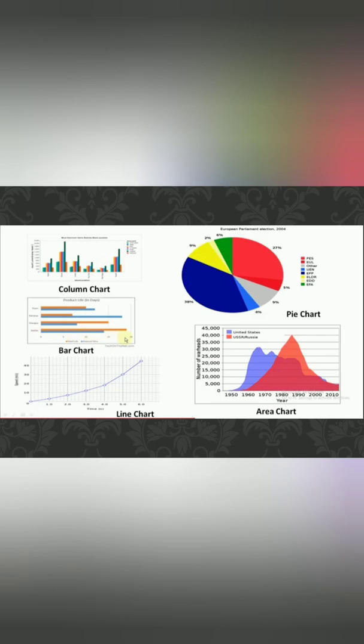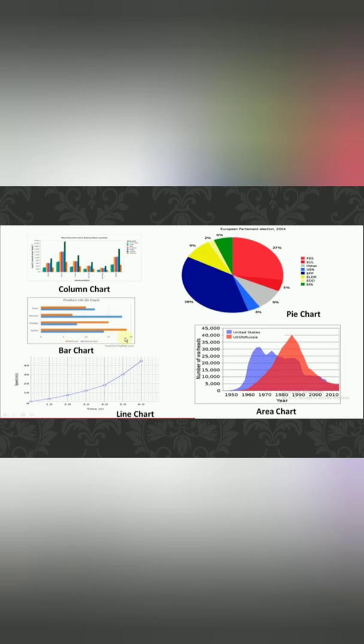Okay students, so what is a pie chart? A pie chart shows the value in the form of slices. Now you can see the diagram. See here, the legend depicts the colors of different parties. If we want to show data in percentages, then we use a pie chart. Or for example, if we want to know who got the highest number of votes, then we also use a pie chart. Yes students, these charts help us read and understand numerical complex values very easily, in the form of a picture.